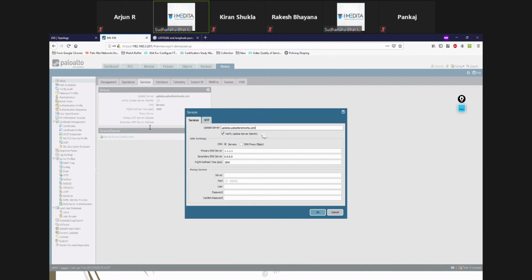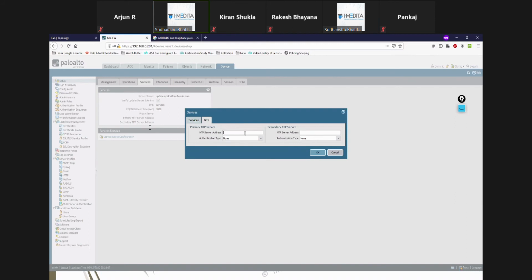For those software to be downloaded, this domain needs to be resolved properly, and it won't be resolved if you don't have DNS servers. So just take care of that before you try to check for software updates.